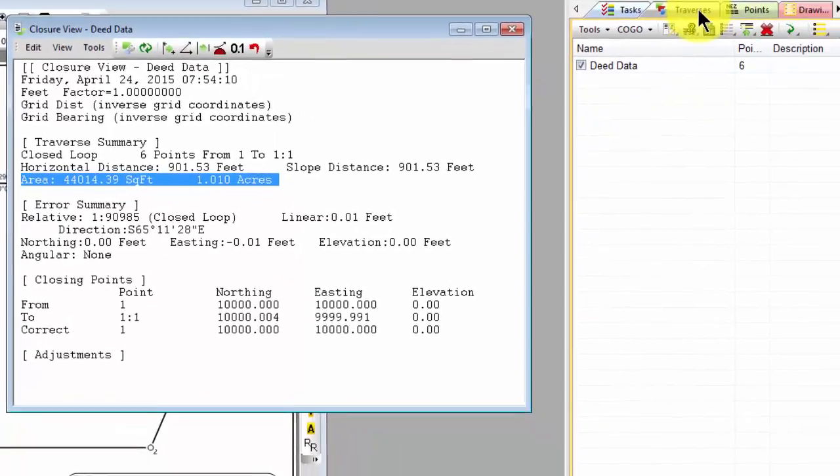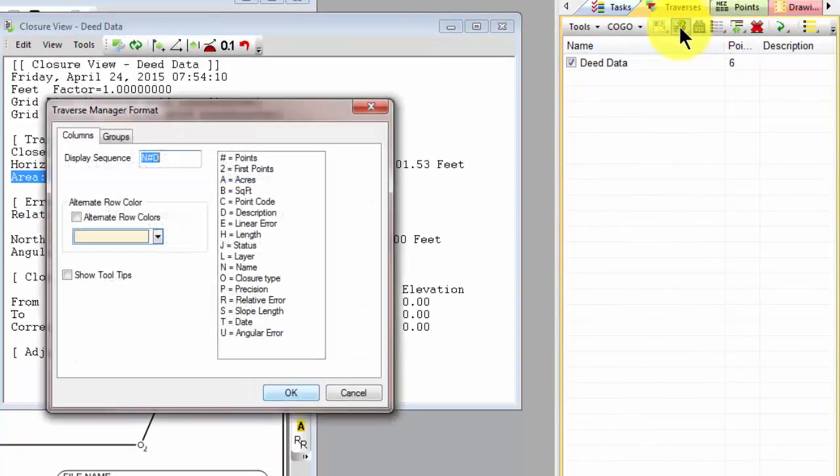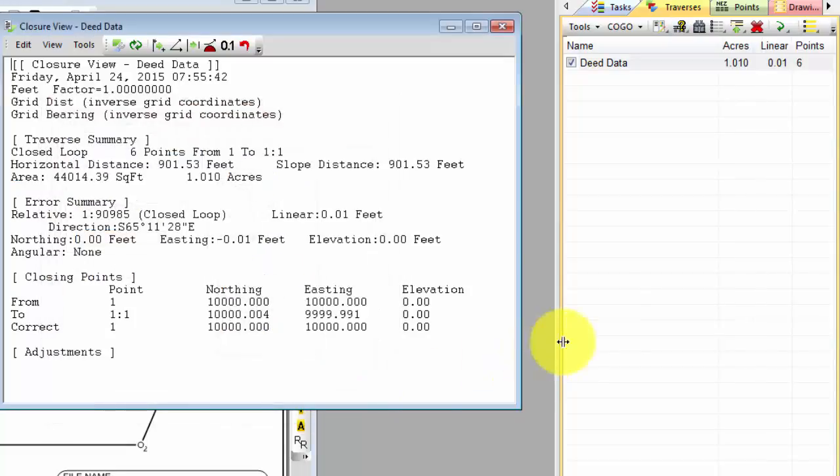Let's come back to our Traverse Manager, and let's use that format view. Remember we did this in the Traverse view to change the columns? I'm going to do it in this view to change the information I'm displaying. And I'm going to change this to NAE pound. So the A is acres, the E is linear error, and the pound is simply the number of points in there. So now Traverse PC has said, I've got 1.01 acres in this traverse and a linear error